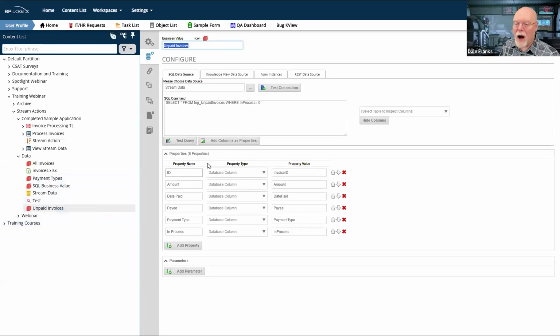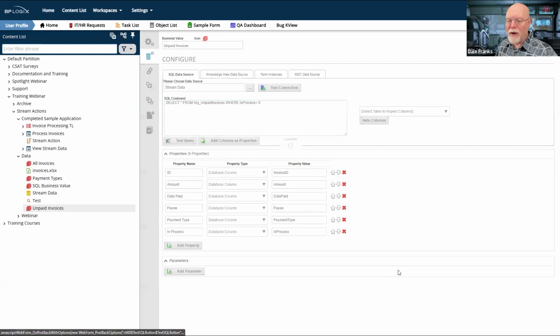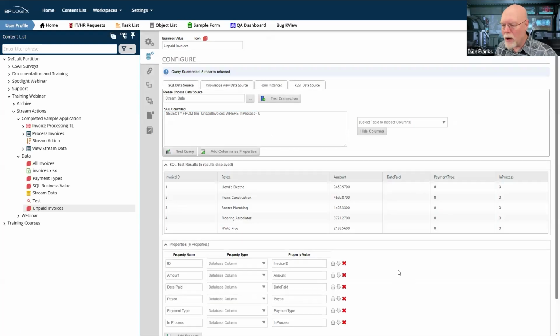The important thing are the unpaid invoices I have. And so here we have that flag, which as we saw a minute ago is set to 0 for all 5 of those records. So if I test this query, it's going to pull in all 5 of those records. This is the unpaid invoices data source that we are going to need to use to invoke our stream action when we create it. So it just pulls back all of these unprocessed invoices. And once it pulls them back, we can invoke the stream action on this data to pull in the invoice ID, the payee, and the amount of the invoice whenever it runs.